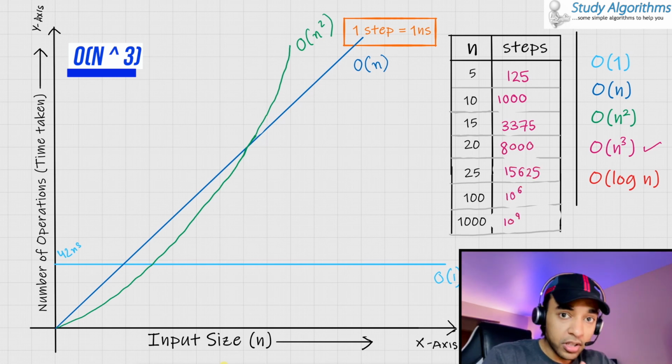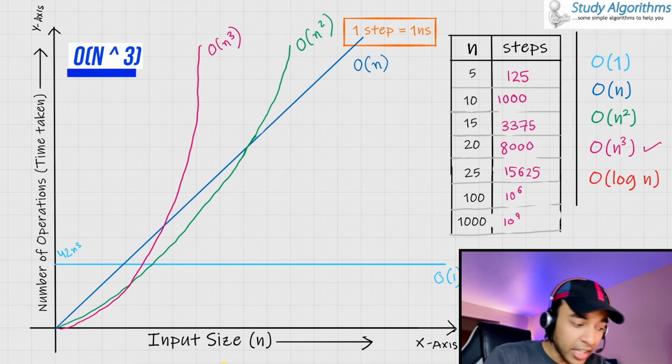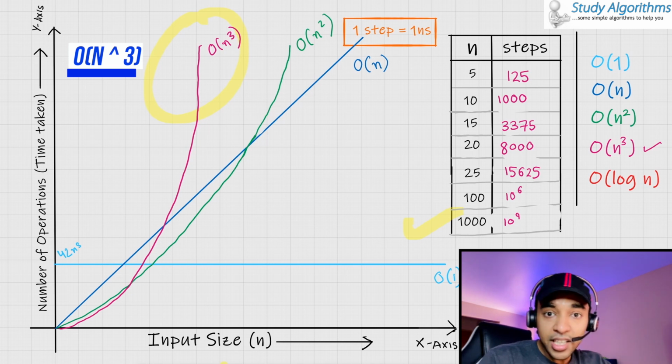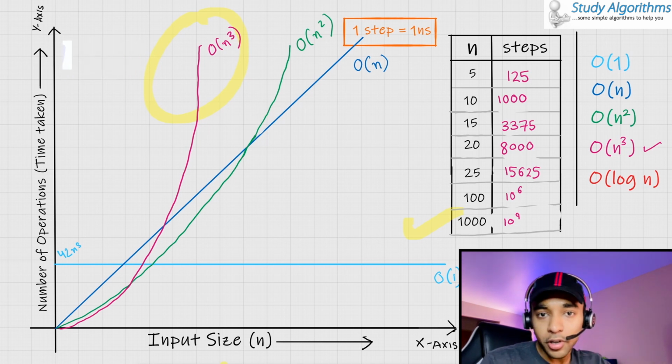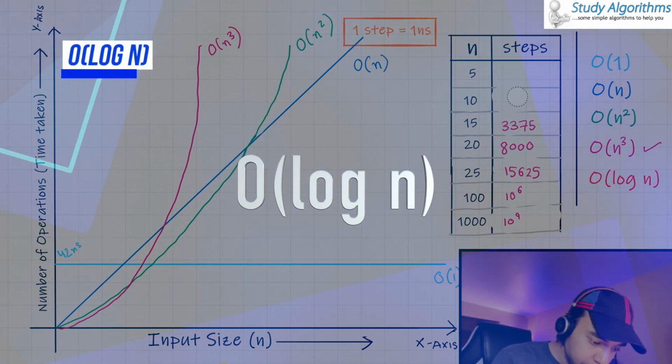When you try to plot this on the graph, this would look something like this. As you might have guessed, you can see that from the graph and from our table, this algorithm of order of n cube takes a drastic amount of time even for a small input set. Hence, certainly this is not a good choice of your algorithm. Let us now try to look at order of log n.